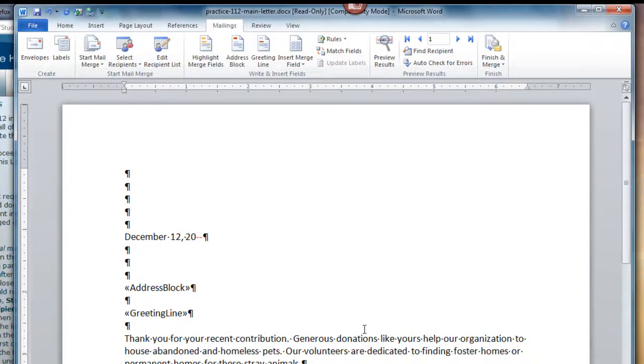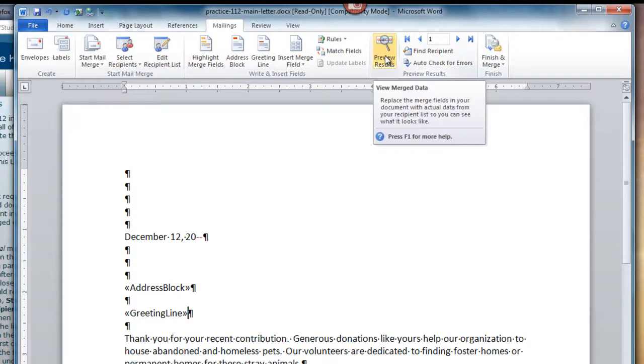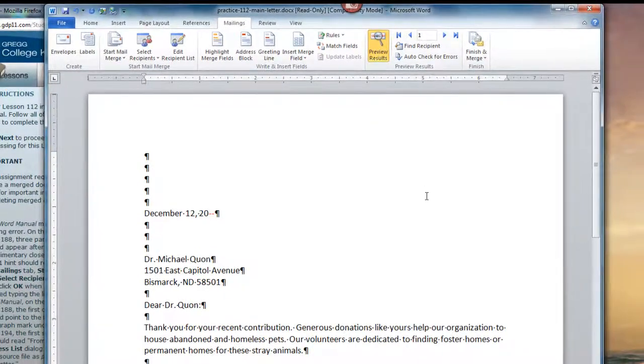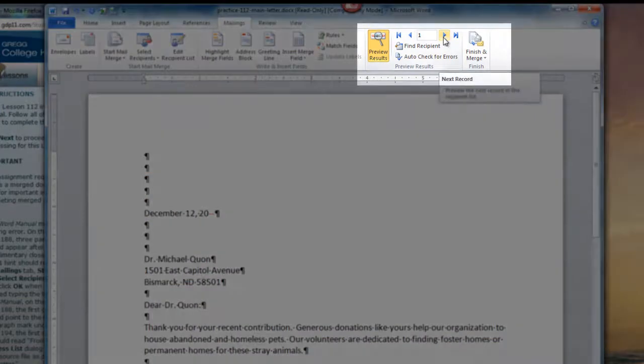Now you will begin the merge process and preview your merge results. To preview your results, you should have turned to page 195 in your Word Manual, Step 7. Come up here to View Merge Data. The address block and greeting line areas of the first letter should look just like this, and as you see them in the Word Manual there, you can click this arrow to see Record 2 or the next record,